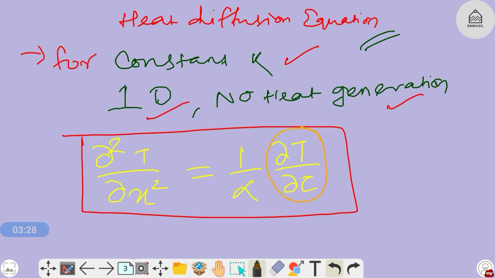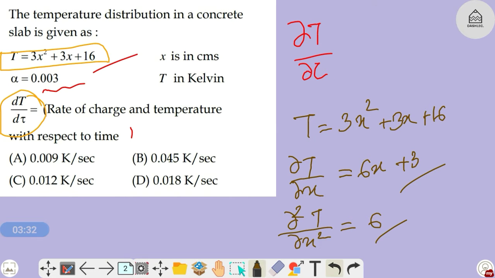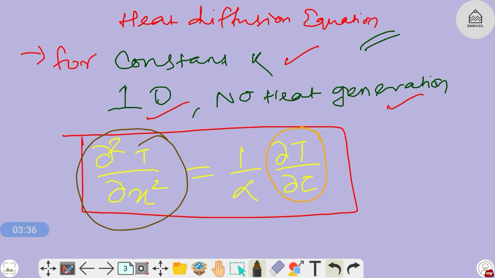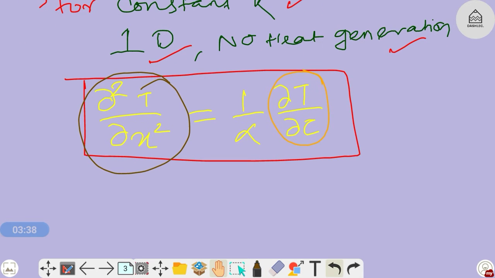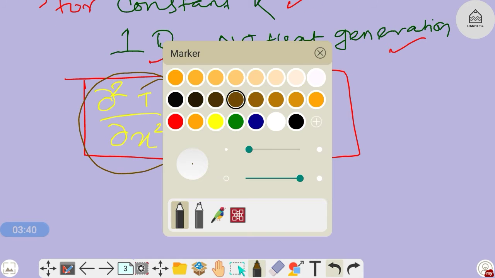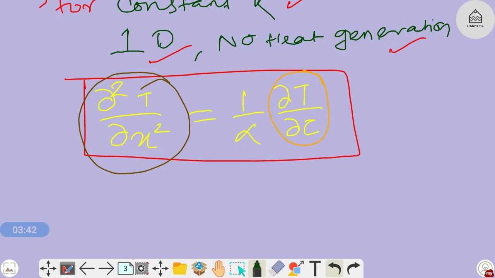Here I have this term now, del square T by del x square. Yes. So if I put it here, the value of this is 6, equal to 1 by alpha,